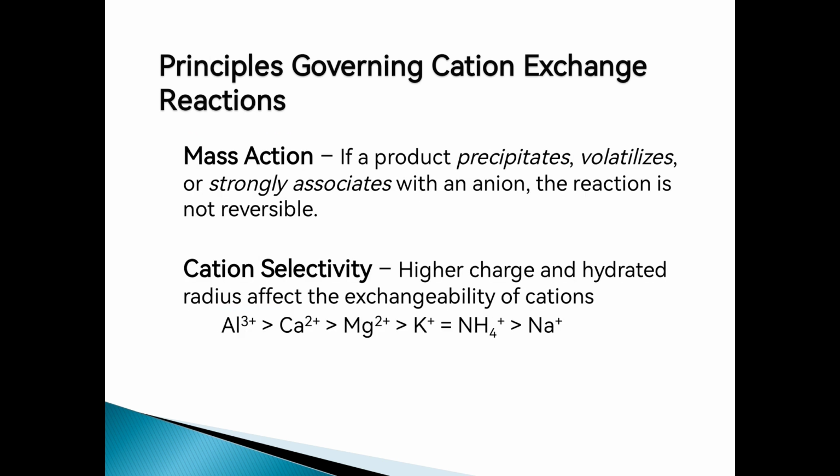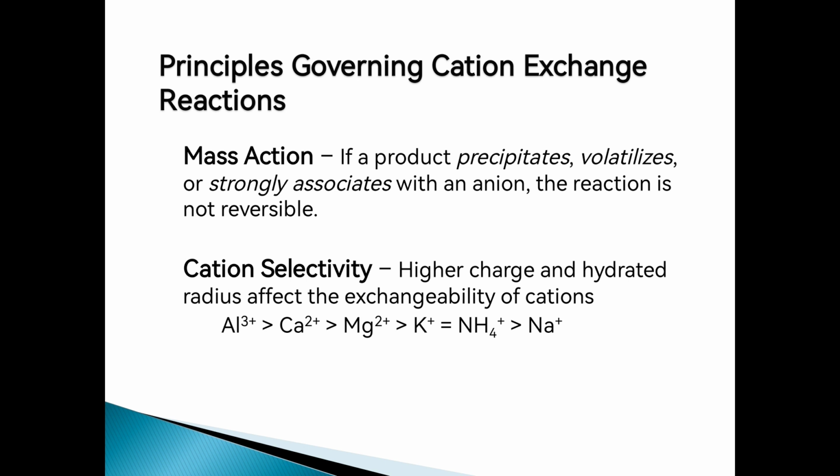And we also have mass action, which is if a product precipitates, volatilizes, or strongly associates with an anion, the reaction is not reversible. And there will also be cation selectivity. The higher the charge and hydrated radius affect the